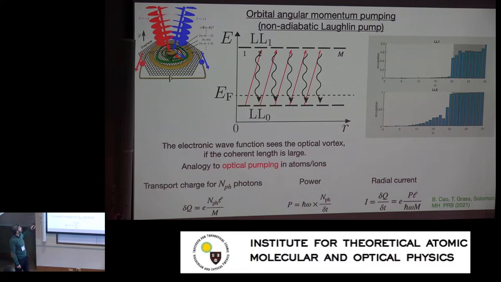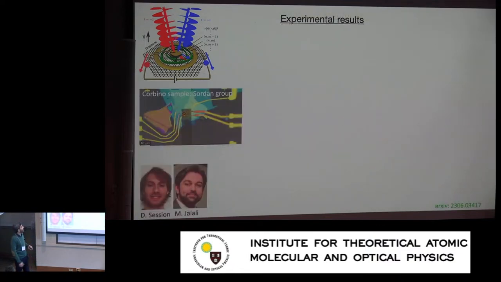So you should expect a radial current that is proportional to the power and this angular momentum. And the direction of this radial current should be determined by the vorticity of the light. The lights have the same spatial form, but they have different